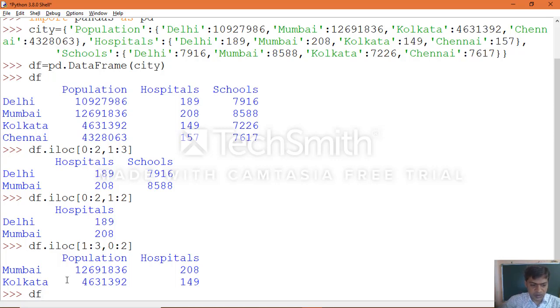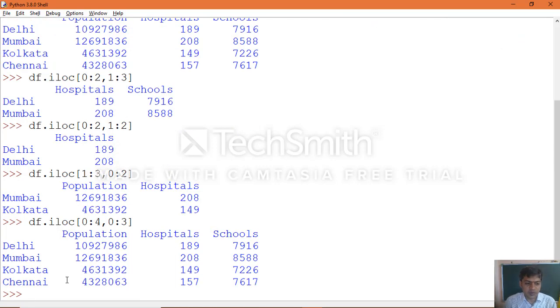Same way, df dot iloc of 0:4, which means you want to access all the rows, and if you want to access 0:3, all the columns, yes, the complete data frame object according to the example which we took. Then you can specify the iloc, integer location, in such a way that you will get complete information.